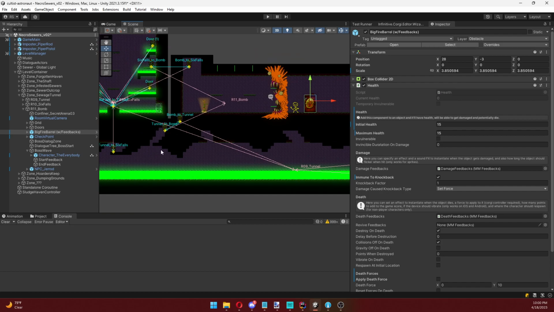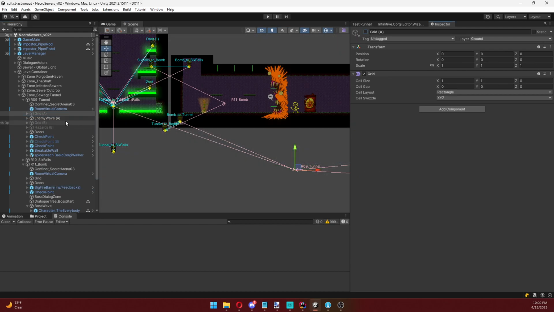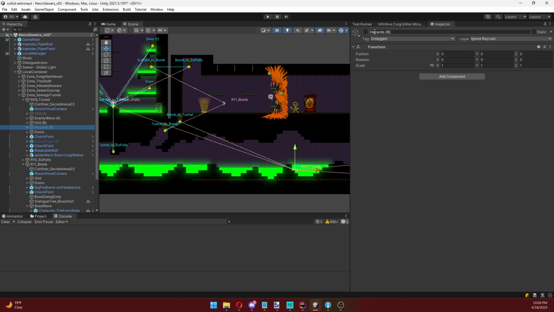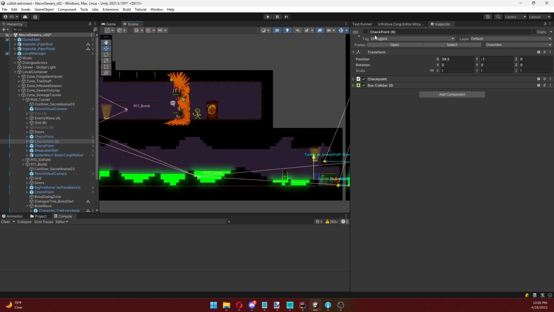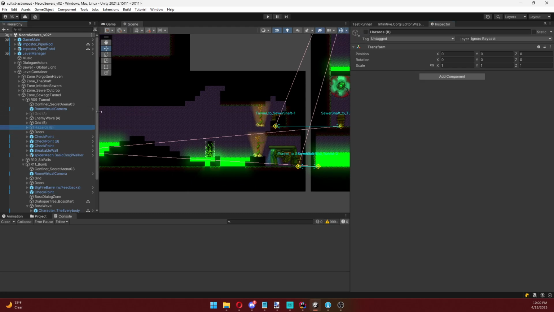And then we update the level, right? So in the tunnel room we turn off this grid, and we turn on this one. You can see there's a pile of rubbish, and then we turn on hazards, and we also have a different checkpoint that we turn on because the other one turns off. So we're updating the state of this room